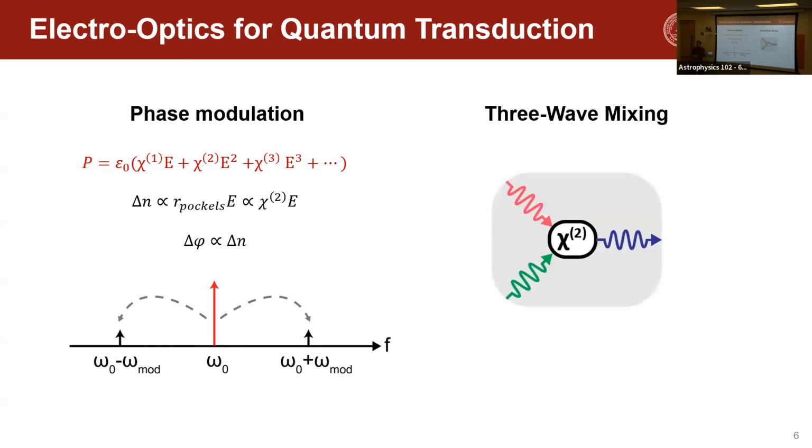So you can really see this as a three-wave mixing problem, where you have an optical photon at a frequency that's in the hundreds of terahertz regime. You have another signal, your applied electric field, that has a specific modulation frequency omega. And depending on the strength of this interaction, you'll get as an output an optical signal that includes the frequency from your initial optical photon and from the modulation frequency of your electric field.